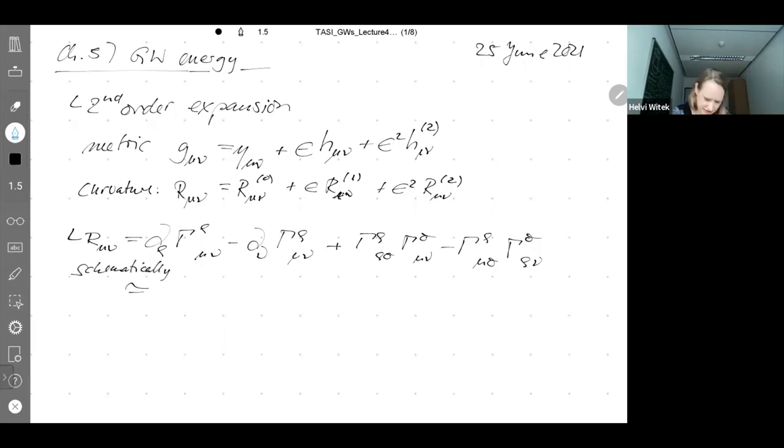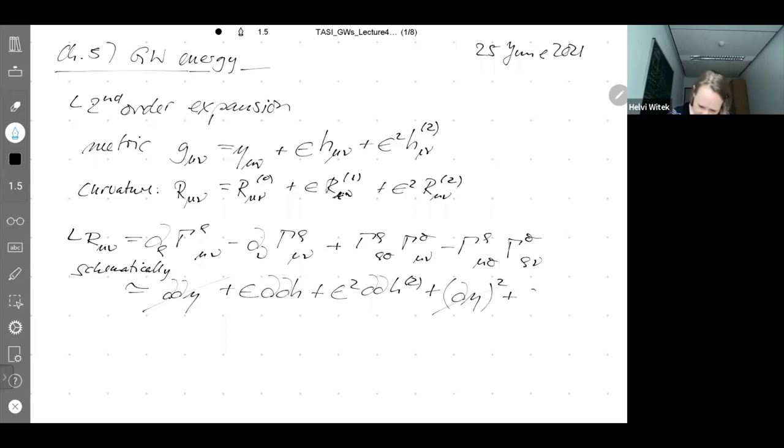what we would get if we expand that out, remember how we compute the Christoffel symbols, then the first term that we would get would be a second derivative of the background metric, so that would vanish, obviously. We would have a first order contribution of second derivative of our first order perturbation plus epsilon squared second derivative of our second order perturbation. And then from these last two terms, you would have combinations of this form, derivative of background metric squared, which of course, again, vanishes,